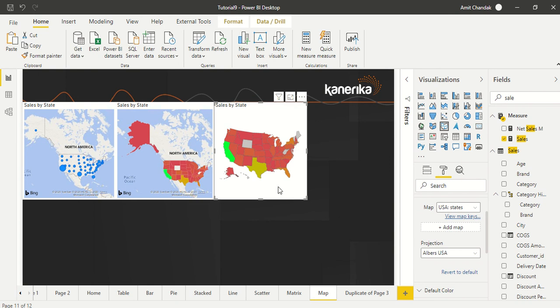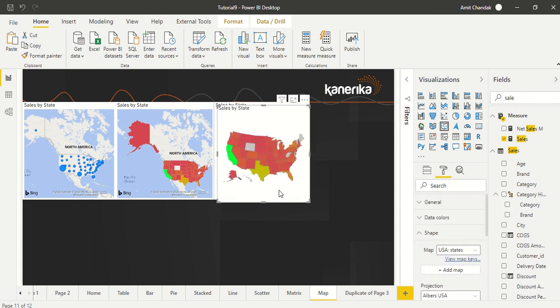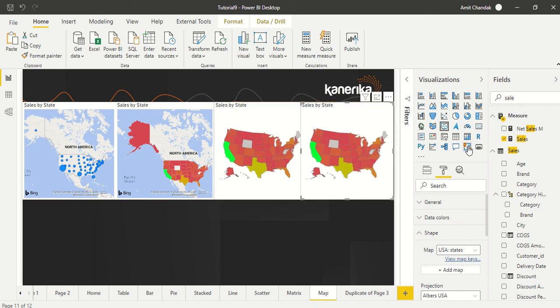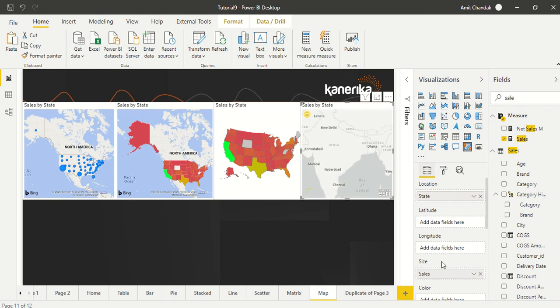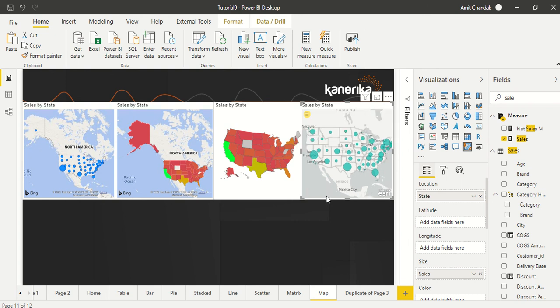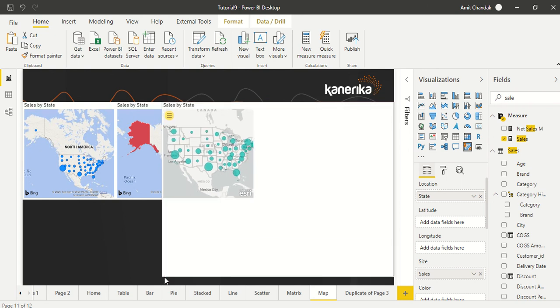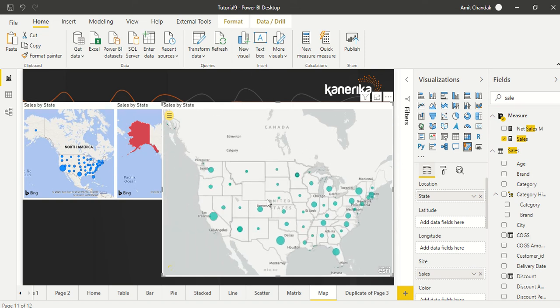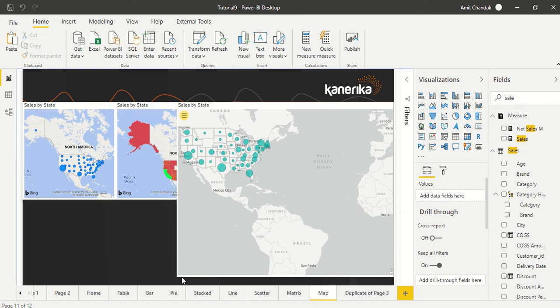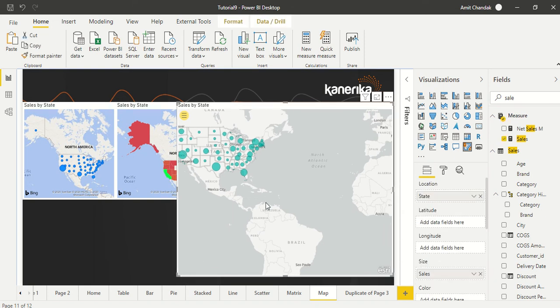Now we are going to add one more map by copying this. The final one we are going to have, we click here and make it ArcGIS. The moment we make it, it is going to load, and let's see where the values go. Again there is a size variable here, and we can see the size. You can double click and zoom, and we can make it much bigger and see it. Double click and zooming, everything is available. We can use all those properties. Let's make it smaller now.